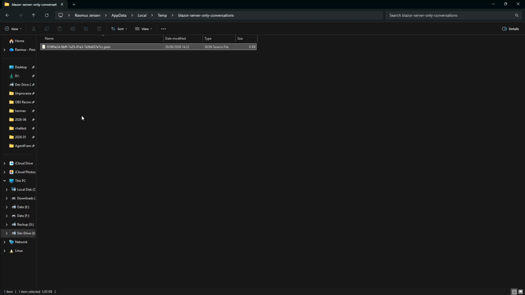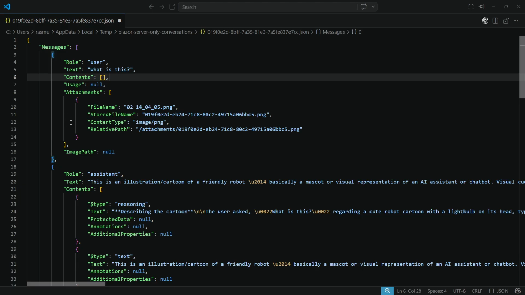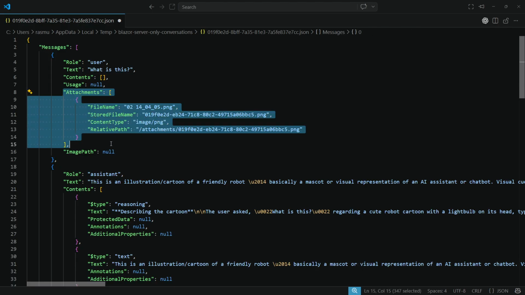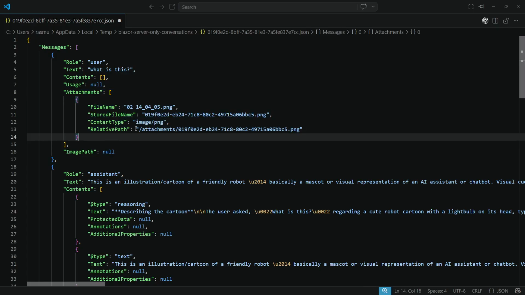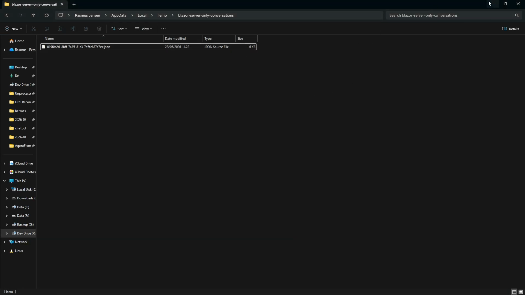We could have stayed that way, but in order for us to not have that, I rather wanted to make this a little more lean, making it fully our own system. So now we don't have the raw message, but we are simply saving each message, where we are saving content and now also attachment. And because we can do the attachment using a relative path, it doesn't fill up this file. So this is the main reason why we have no backward compatibility with these files.